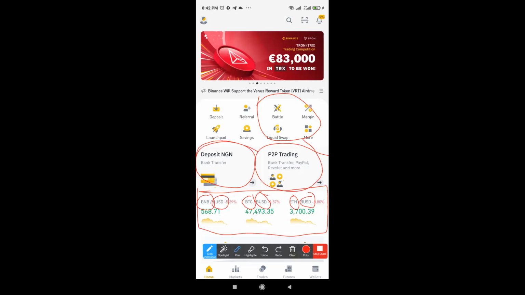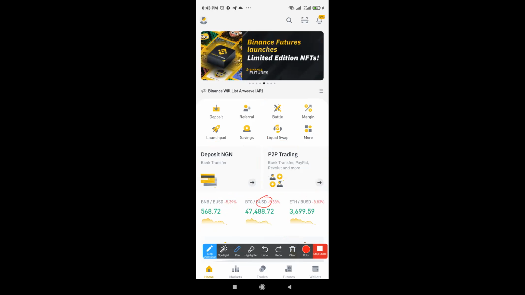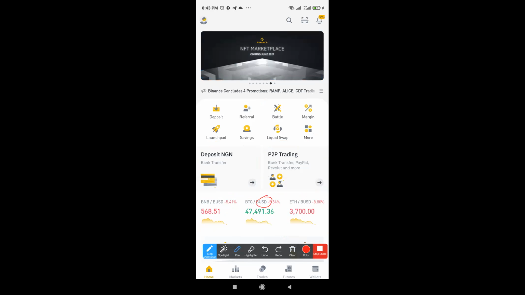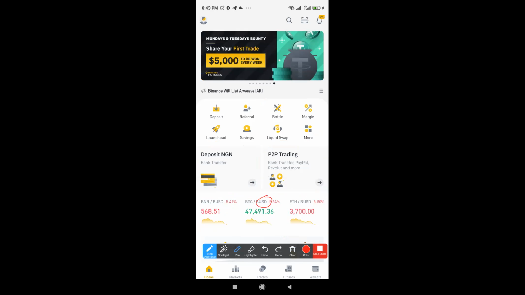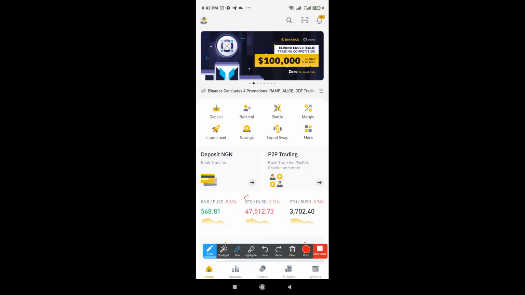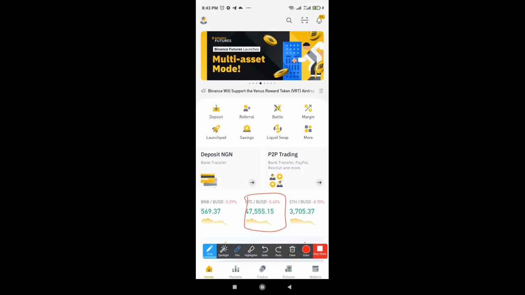So now when you are seeing BUSD, it is US dollar on the Binance network, on the smart chain network. When you are seeing USDT, it is US dollar on the Tether network. But USDT was the first, and that's what we use. They are almost the same price. You can see that one Bitcoin against BUSD is like 47,555.